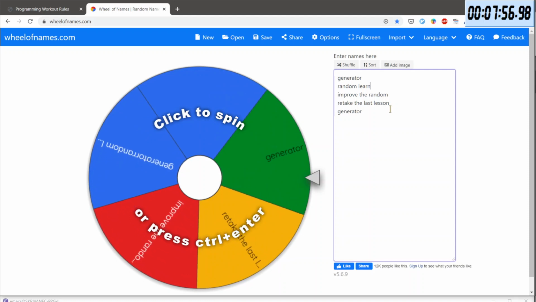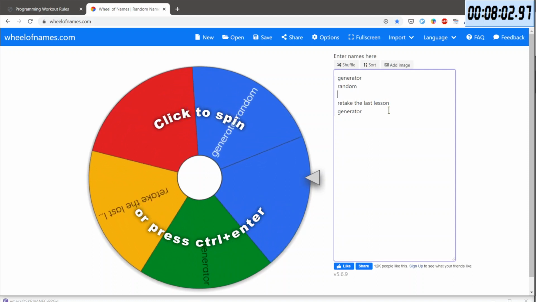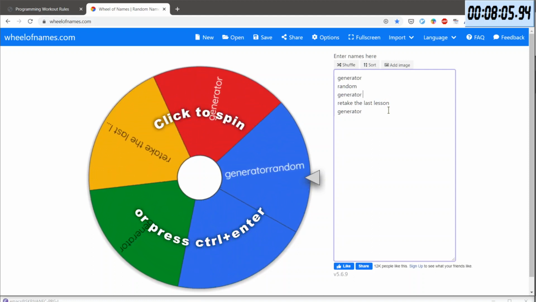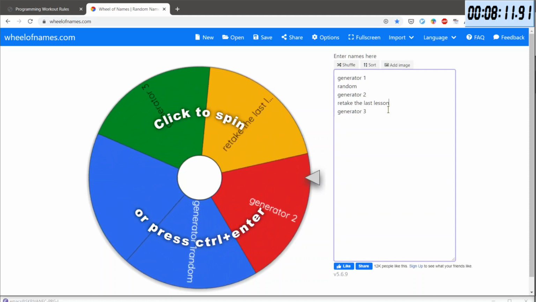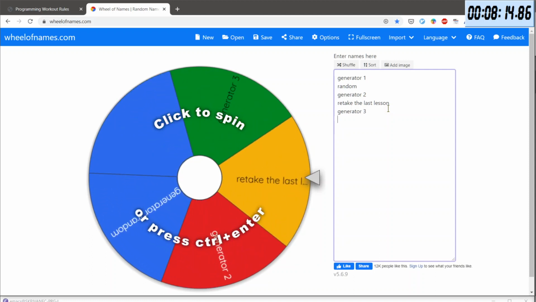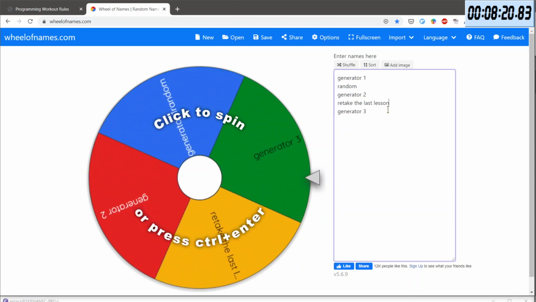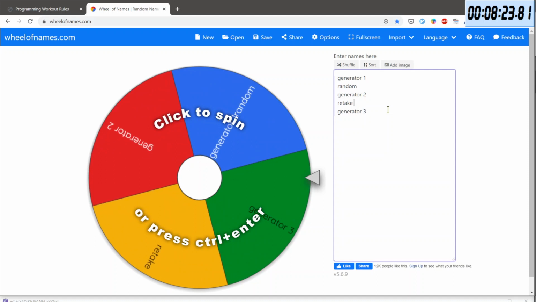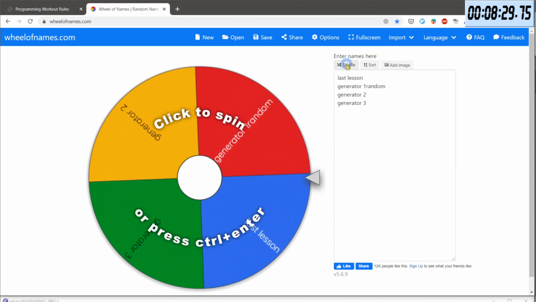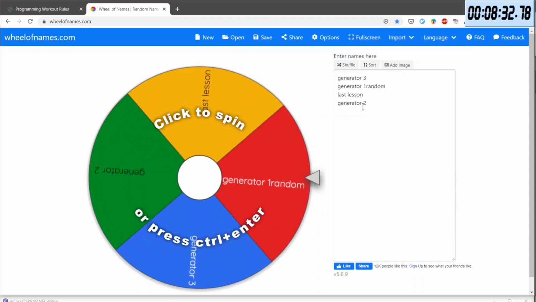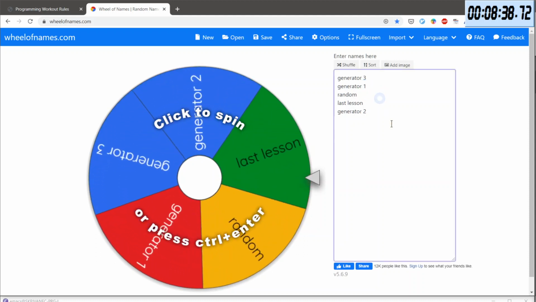I have a generator. I have random. I have generator 2, 1, 3. Oh, and there's some lines. Still, why? Shuffle, shuffle, shuffle. And I have 4. Okay, generator. Like so. Okay, now it works.